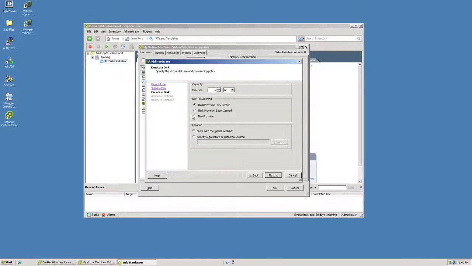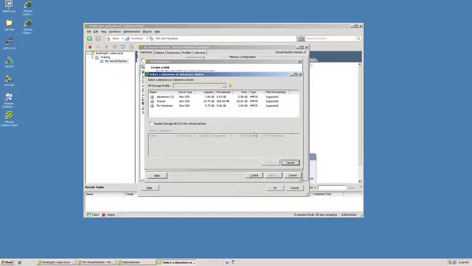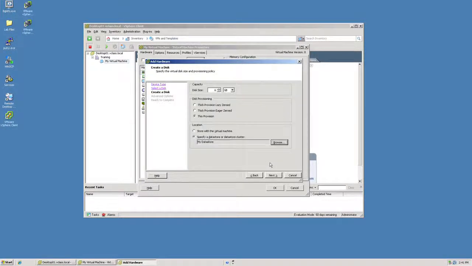I'm going to choose a thin provisioned virtual disk in this case, and I will specify specifically which data store I want this thin provision virtual hard disk to reside in. As I did before in a previous segment, I will once again choose the My Data Store data store, and when I click OK, followed by Next,